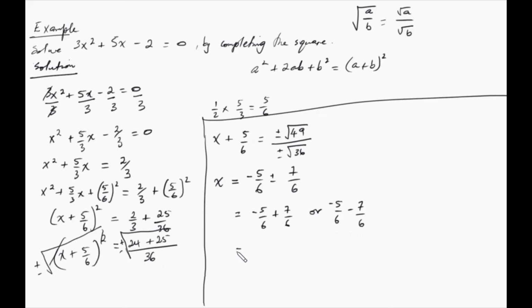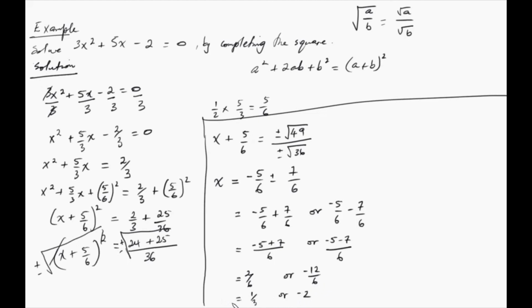All right, so this becomes negative 5 plus 7 over 6, or negative 5 minus 7 over 6. All right, you are following. This becomes 2 over 6, or negative 12 over 6, which is simply 1/3,